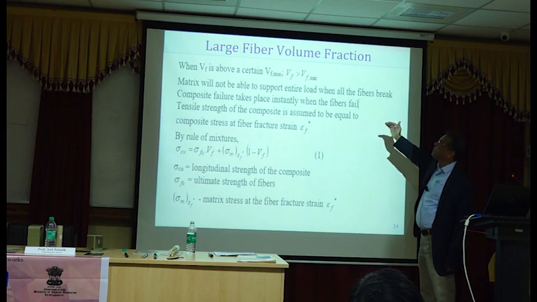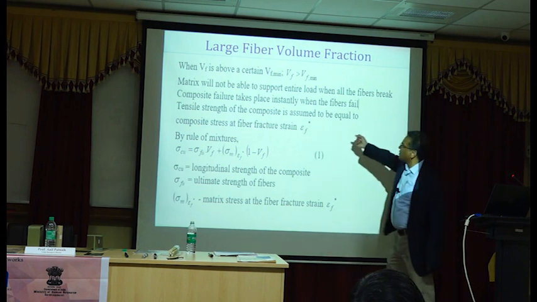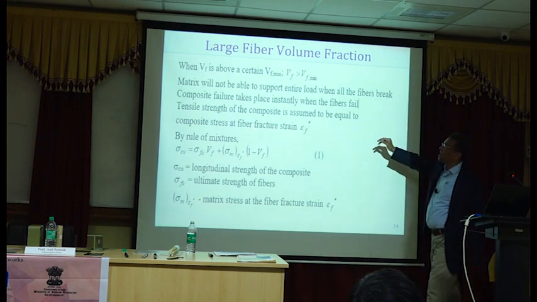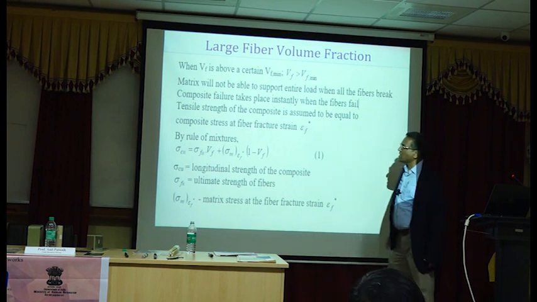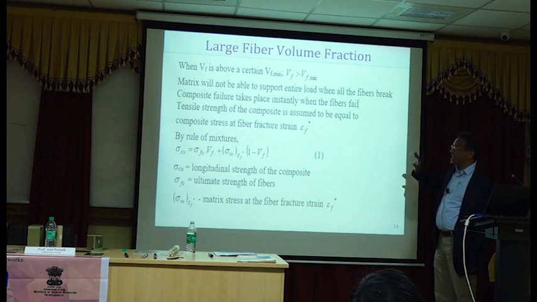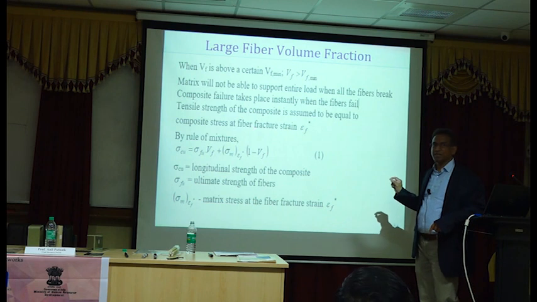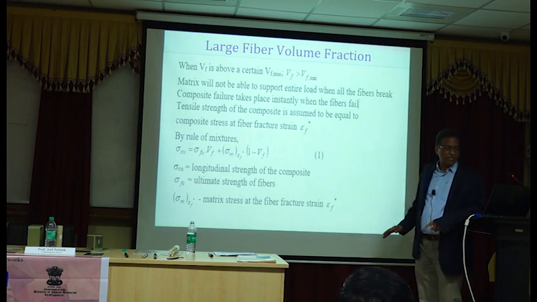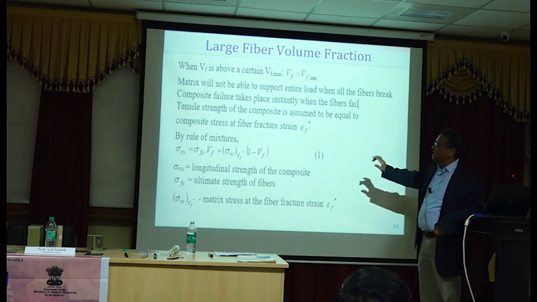Tensile strength of the composite is assumed to be equal to, let's say, a stress corresponding to epsilon F star. What is epsilon F star? Epsilon F star is the strain of the composite at failure. Strain of the composite at failure. So the stress in the matrix, I'll show you a couple of figures, then that will clarify things better. But the stress corresponding to the